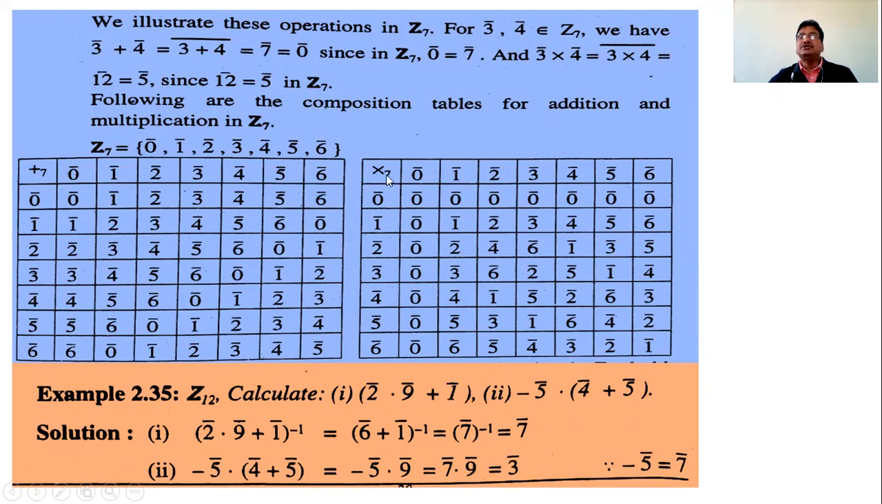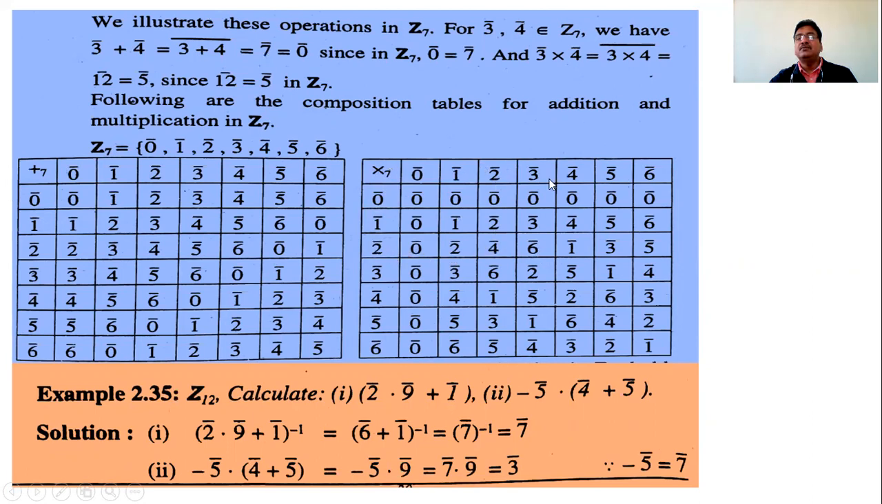Similarly, the composition table for multiplication is this. 0 bar into 0 bar is 0 bar, 0 bar into 1 bar, 0 bar into 2 bar, 3 bar, 4 bar, all entries are 0. Then 1 bar into 0 bar is 0 bar, 1 bar into 1 bar is 1 bar, 1 bar into 2 bar is 2 bar, 1 bar into 3 bar is 3 bar. Similarly, all the entries: 2 bar into 0 bar is 0 bar, 2 bar into 1 bar is 2 bar, 2 bar into 2 bar is 4 bar,